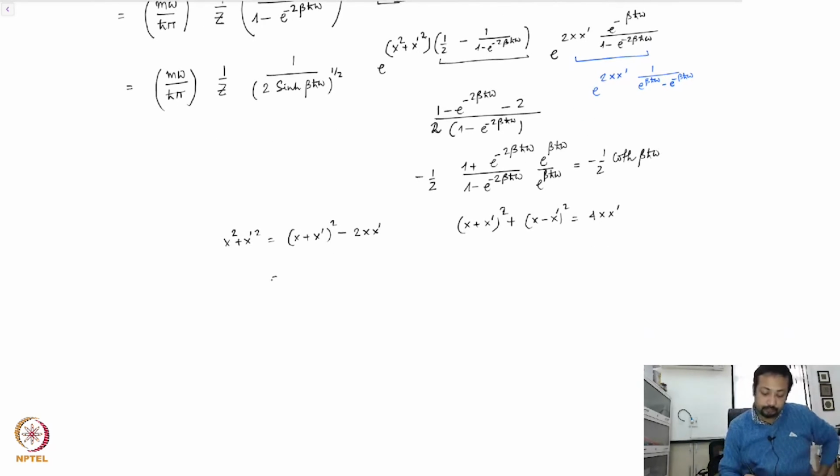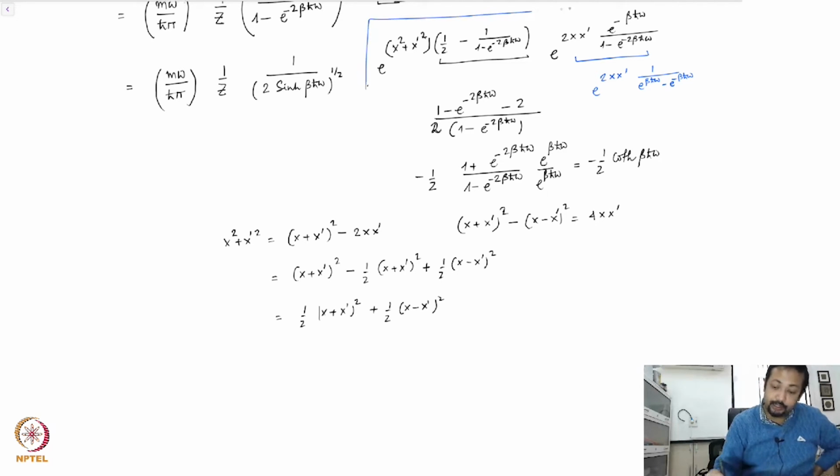So that this I can now replace as (x plus x prime) whole square minus half of (x plus x prime) whole square plus half of... no, I think this relation is wrong, so this has to be minus, so that this becomes a plus, is going to be (x minus x prime) whole square, and therefore you have half of (x plus x prime) whole square plus half of (x minus x prime) whole square,